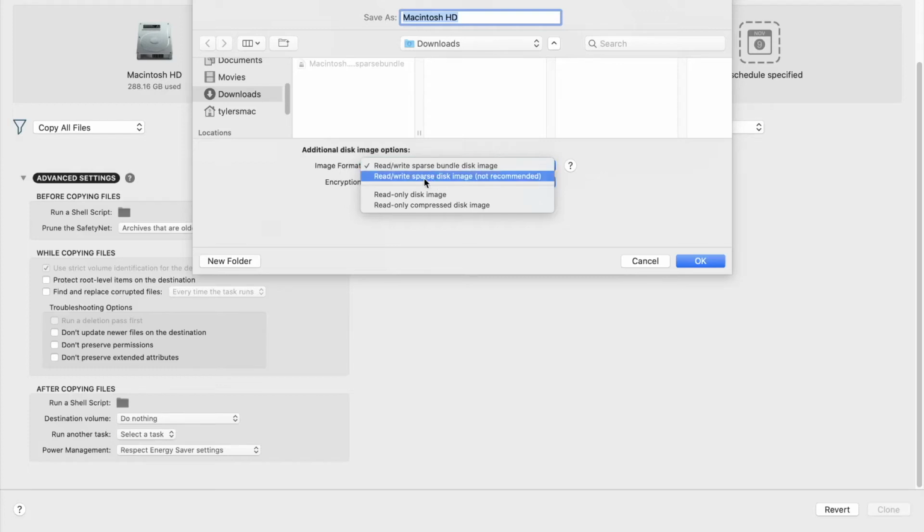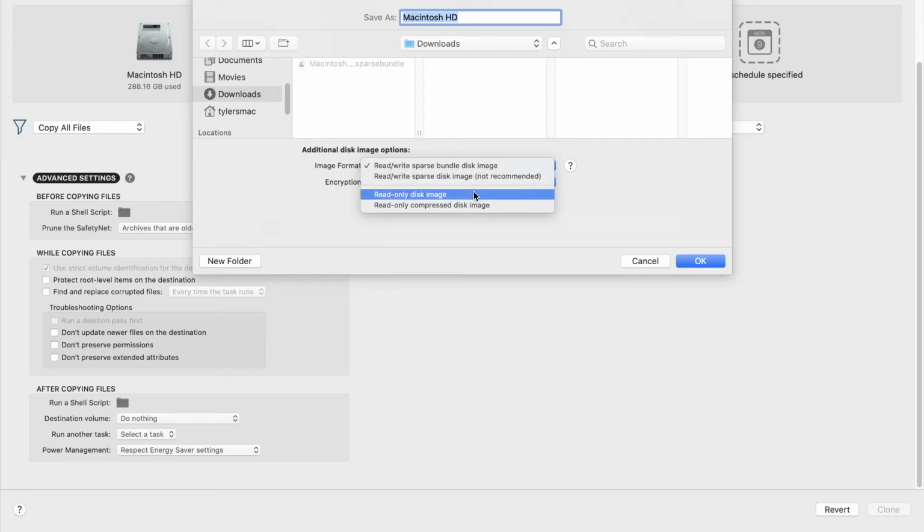And for sparse disk image, the reason it's not recommended is because it's one giant file, and if you modify something and it's time for another backup, it will overwrite the whole file to have another whole new image, so that will dramatically slow down your backup,